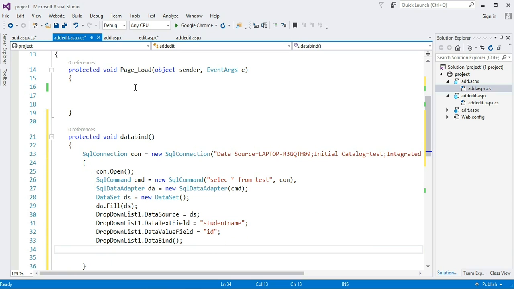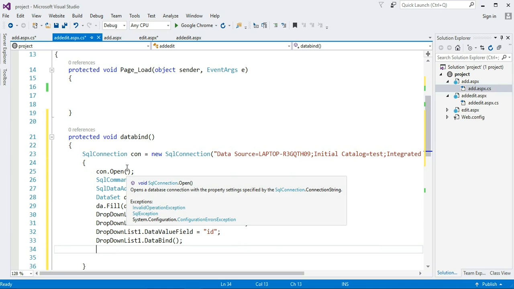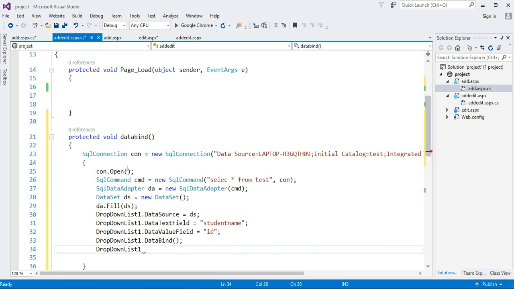And now I am adding one more list item to my drop down list, and I want this item at the top of my drop down, or you can say the selected item. So for that, take drop down list one, items, insert, zero is an array index.